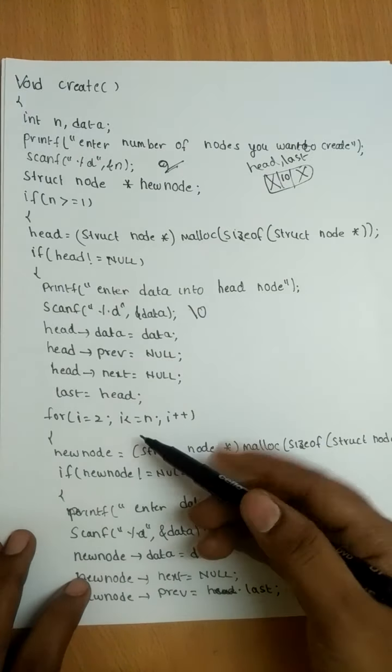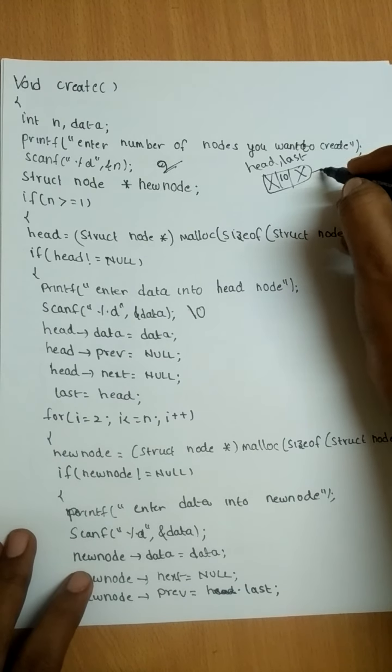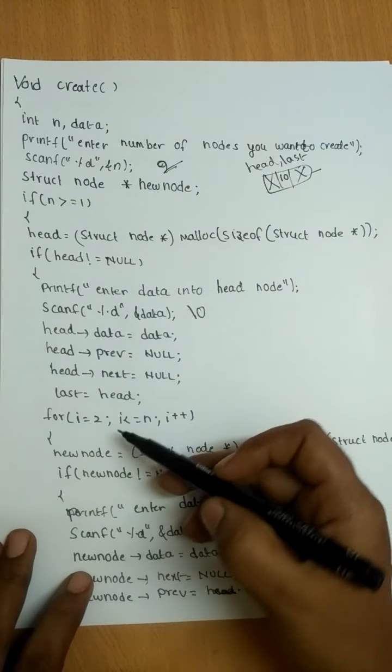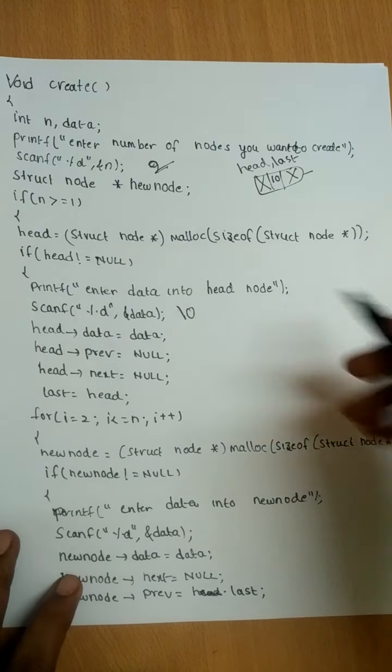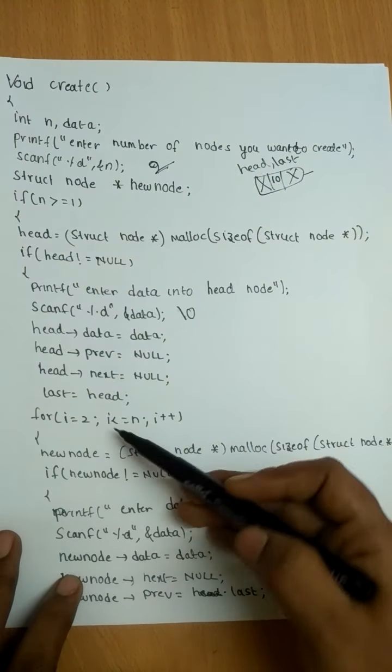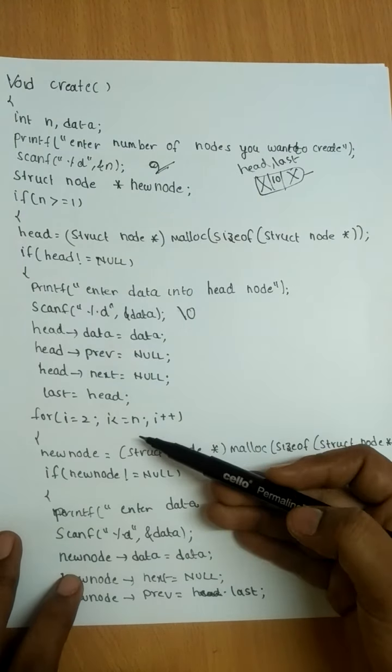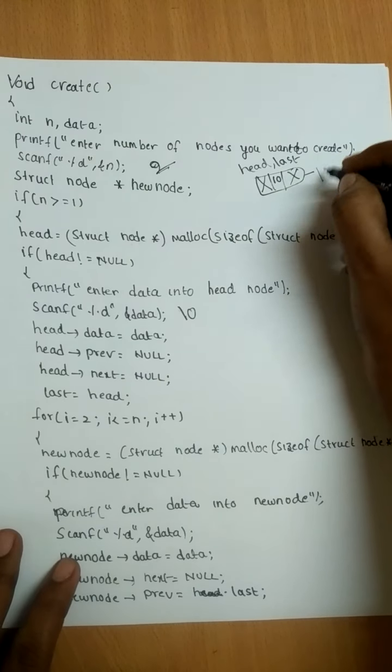Next, with this creation of the head node is over. From the next node, now this is the procedure for creating the nodes after the head node. Okay, repeat the loop until i less than or equal to n. From i equal to 2, from second node to required number of nodes, we have to repeat this. Again the procedure is same. Assign memory for the new node.